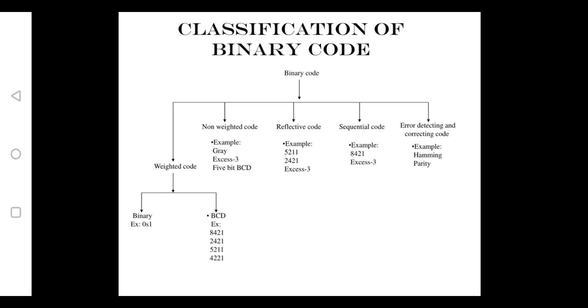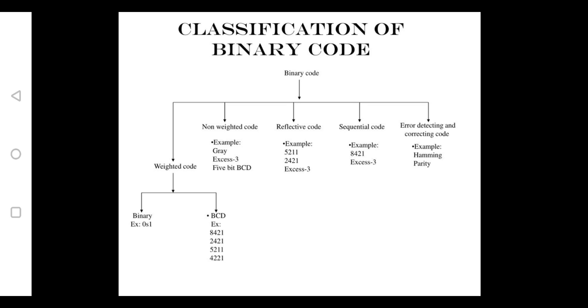The examples of BCD codes are 8421, 2421, 5211 or 4211. Let me take an example of 5211. If we want to represent a 1 in 5211, we need to see by adding which numbers we will get 1, and we always start from the LSB. If we put 1 at the LSB position for the digit 1, we get 1. So depending upon the digit value, we need to write ones in the corresponding positions.